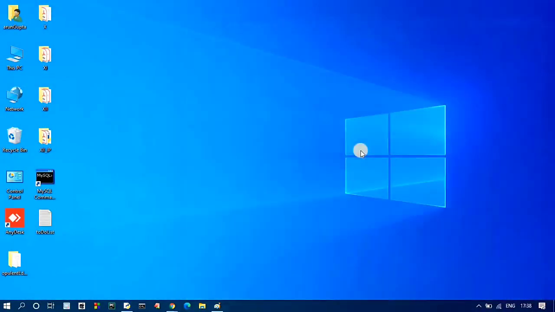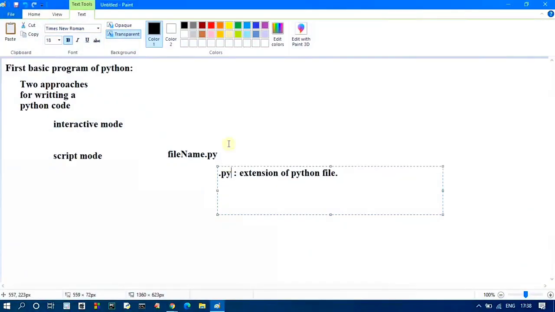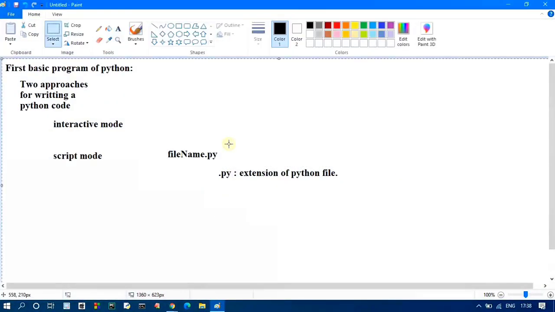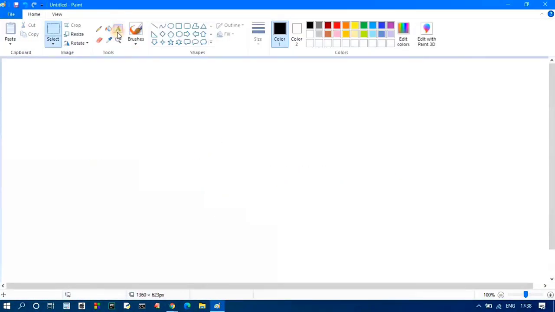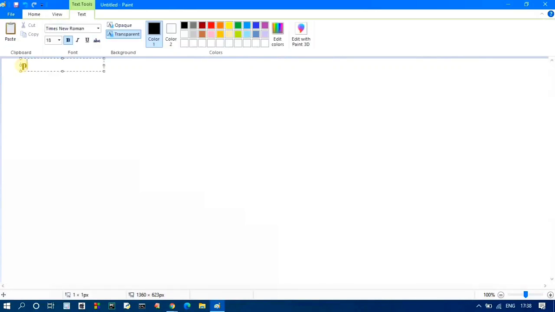Now we discuss the print statement very systematically. One thing here: what is the print statement?